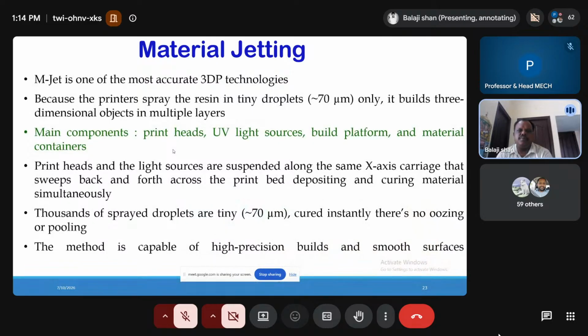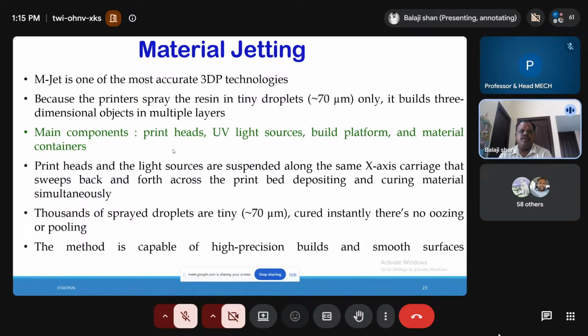Material jetting is one of the most accurate 3D printing technologies because the printers spray the resin in tiny droplets that are less than or equal to 70 micrometers. It splits the three-dimensional object into multiple layers. The main components are printer heads, ultraviolet light sources, build platform and material containers. The print heads and light sources are suspended along the same x-axis, carrying the strip specs and both across the